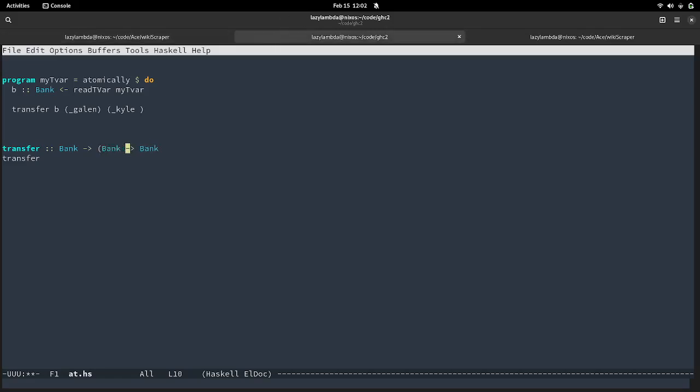And then we'll have an int here, which will be the amount that we transfer from the second one.